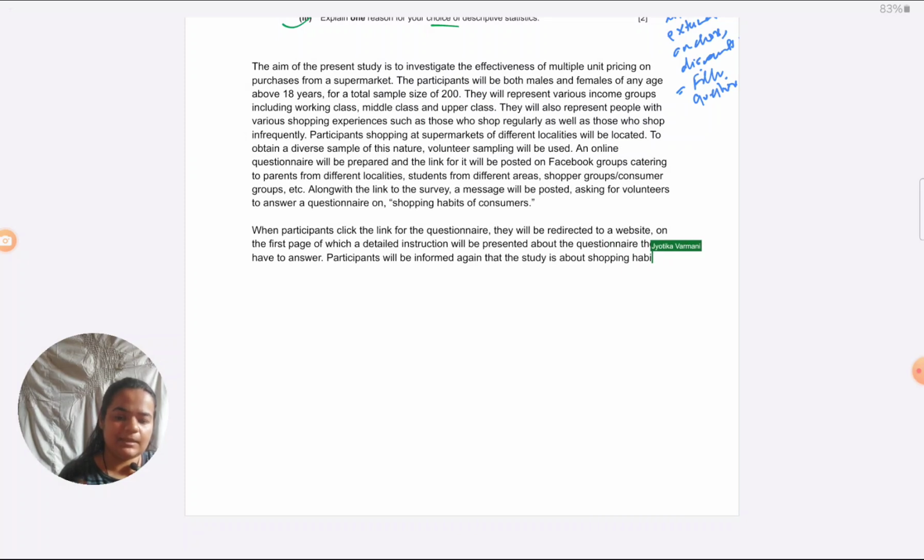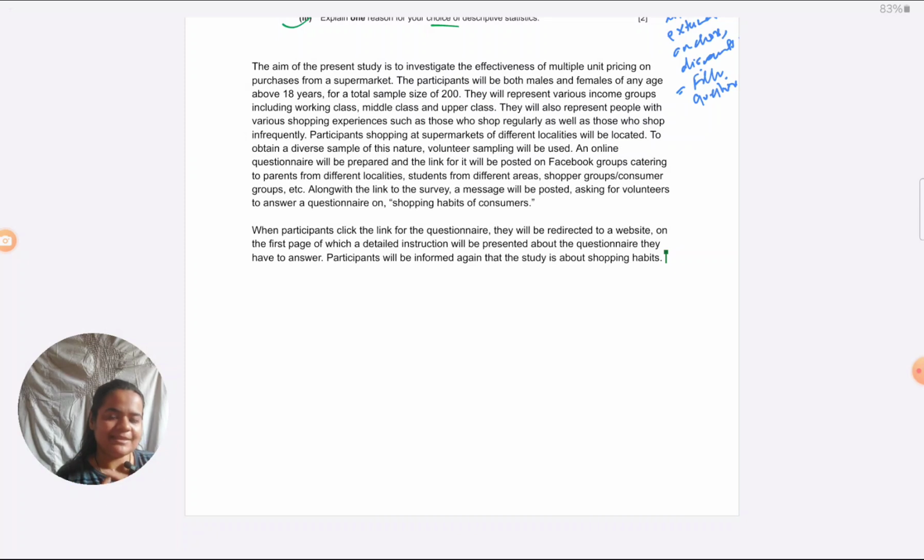Now I should start thinking about my questionnaire and inform them at least something about how they have to answer the questionnaire before they begin. So in my mind, if I have to design a questionnaire based on the Vansing study, then I would like to give them some hypothetical scenarios, as I was mentioning earlier, in which I will tell them, supposing this is a product and this is the price for which one single unit of it is being offered, and this is a price for which multiple units of it are being offered. Which offer would you like to take?